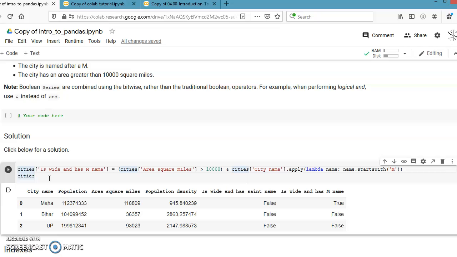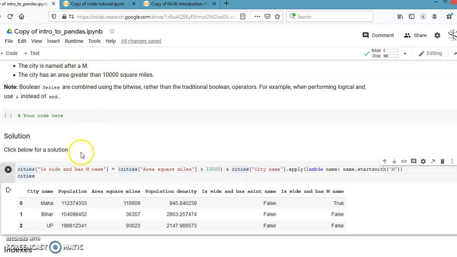Now, what is the condition? The city is named after M, meaning the name starts with M, and the city is as wide as 10,000 square miles.